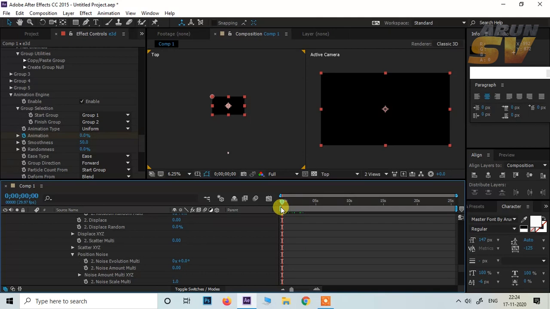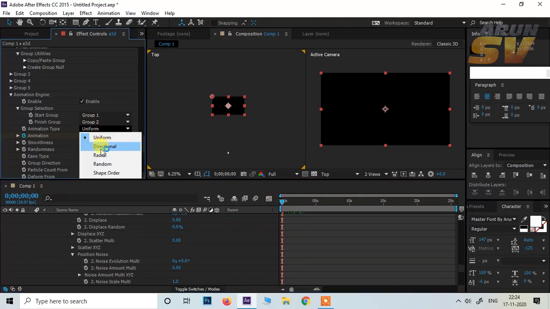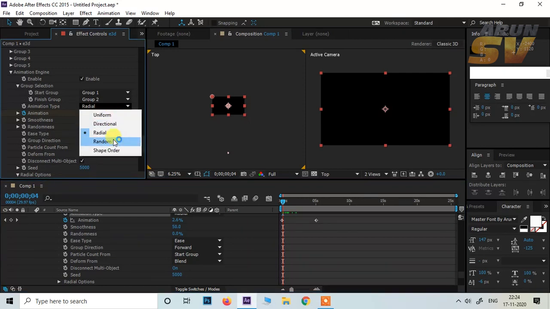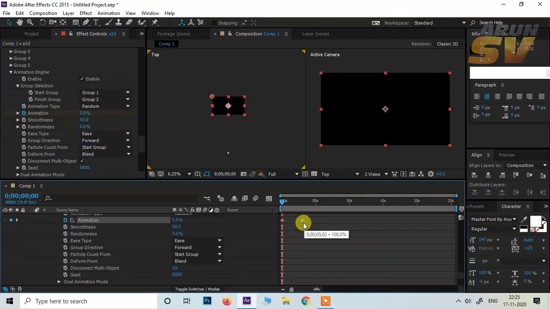So we can select different animation types. We can test it, but I choose the random animation style. It will give you good results, so I choose it. Okay.